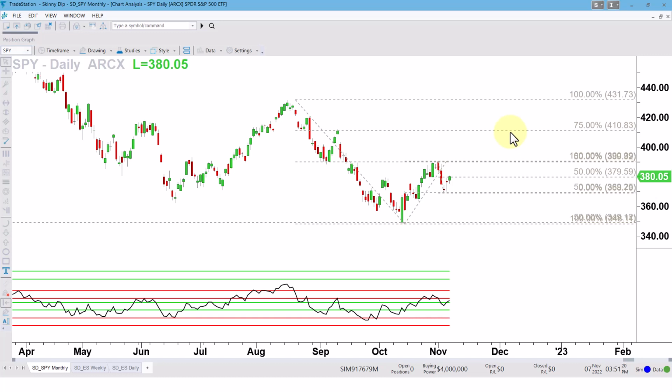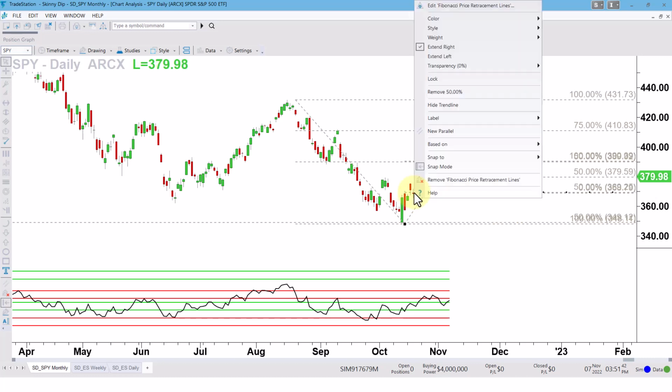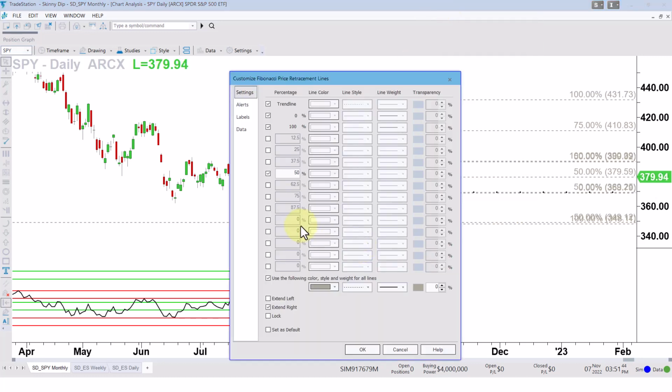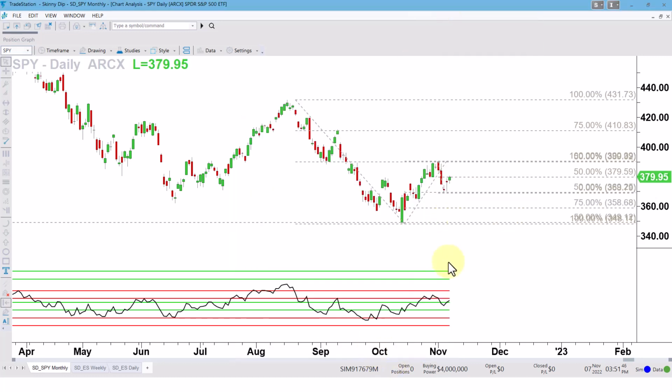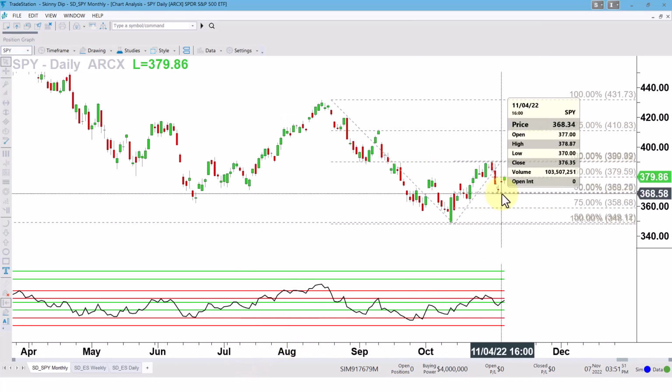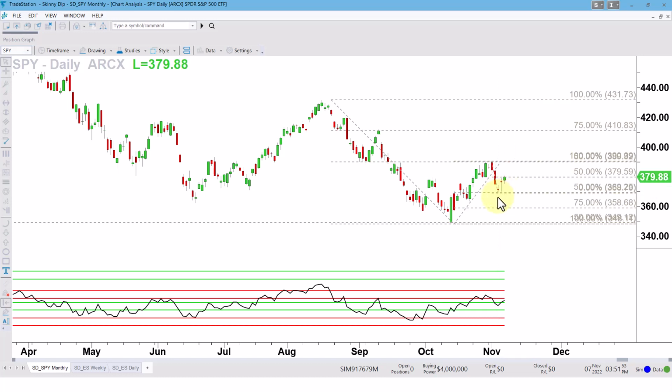Now, what if the other scenario happens? What if the market falls for whatever reason? Let's say we don't get a push to the upside. Instead, we get a turn to the downside. Where might we go? Well, just like I added 75% on top, I'm going to add 75% in here on the bottom. And I want you to notice something, that if we trade lower beneath the lows from late last week, okay, the Thursday low,